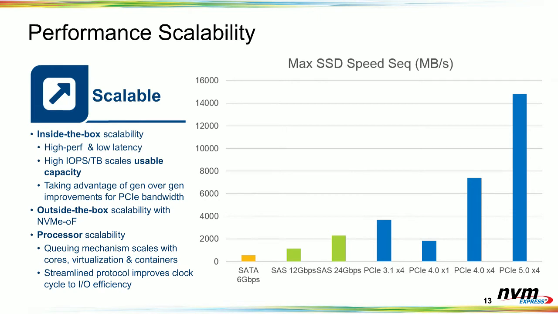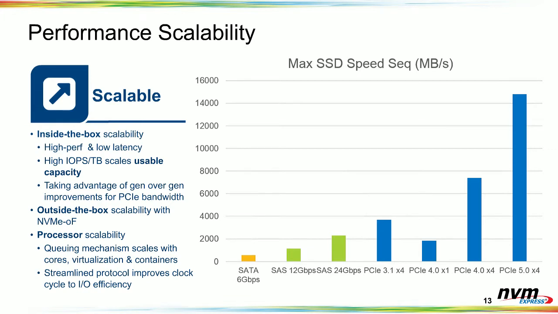And today, I think that's 23 times something like that faster than SATA. And as Cameron mentioned, most of the SAS, SAS 24 gig is brand new, and I think Kioxia has announced a drive there, but there's not really anything shipping in the market today. There are Gen 4 drives that have been announced and are shipping today on PCIe, and they're really competing today against SAS 12 gigabit per second SSDs, and most of the configurations are by 1. So you're seeing about a 6x performance improvement from a SAS 12 gigabit per second SSD by 1, going to PCIe Gen 4 by 4, and we're not stopping there.